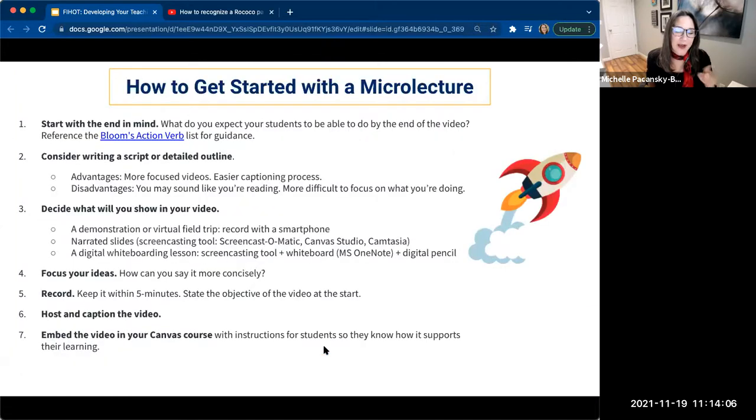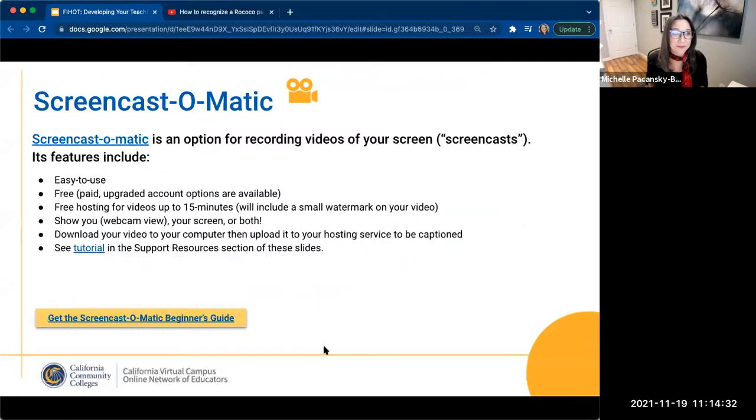Oh, and I should also add, when you put it in Canvas, don't just put the video there, right? Include a context above the video, introduce the video. Here's a 4.5 minute video. In this video, you're going to learn, and then explain exactly what it is that they're going to learn, and keep it contextualized to ensure that students understand how it's building on what they've already learned, and then what they're going to do with it afterwards, where they're going with that knowledge.